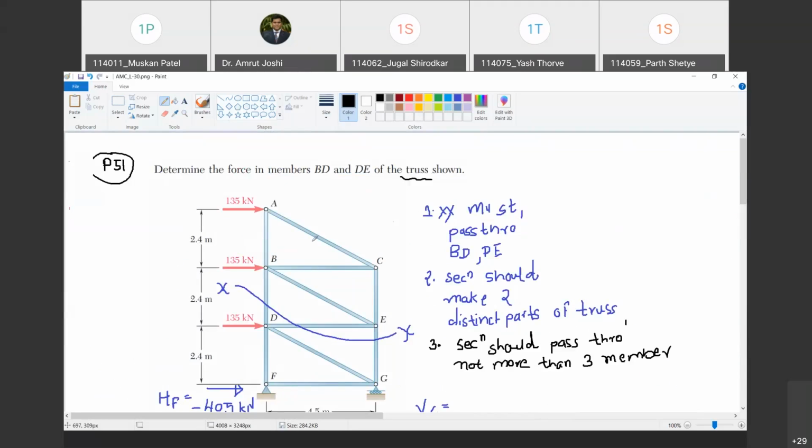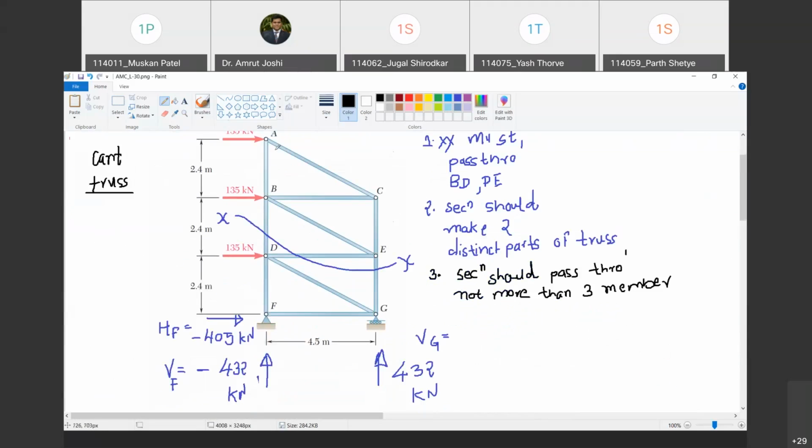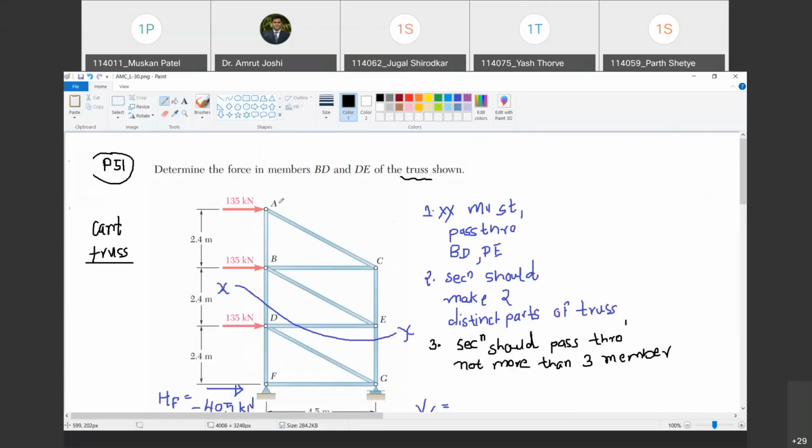Because this truss has one level which is supported and another level which is free. This truss is called a cantilever truss. What will you call it? Cantilever. So in case of a cantilever truss, we need not find out the reactions. We can straight away start with the free end, and still we can calculate forces in all the members. But as a general practice, if it is not a cantilever truss, that means it is supported at two levels, then we will have to calculate the reactions. There is no other go. Are you with me? Yes, sir. We will understand this point as we solve other problems, but for right now I just stated the point for completeness. Here, not calculating the reactions would also have worked, but I have shown you the technique of calculating the reactions as well.